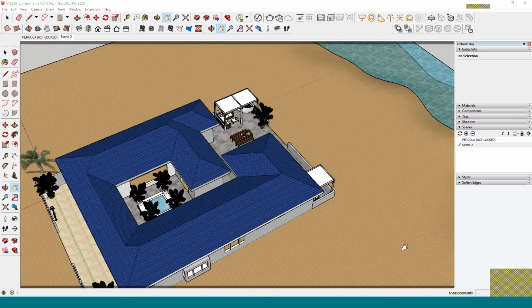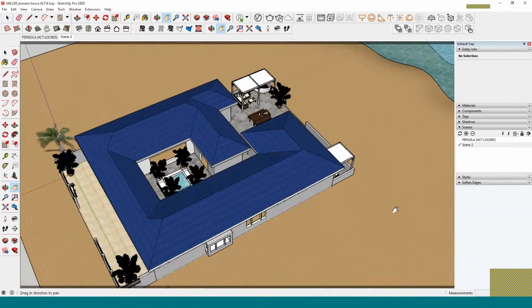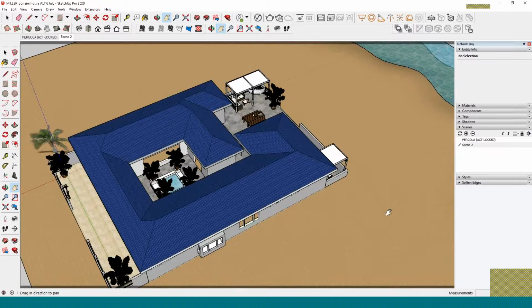All right, so this is the first part of a tutorial talking about how to make an outdoor scene in Photoshop. So I am currently in SketchUp, all right, so I'm going to set up my scene. And it's outdoors, so I want to do this pergola back here. I have already set up a camera here, and if I go to my scene 2, which is where I